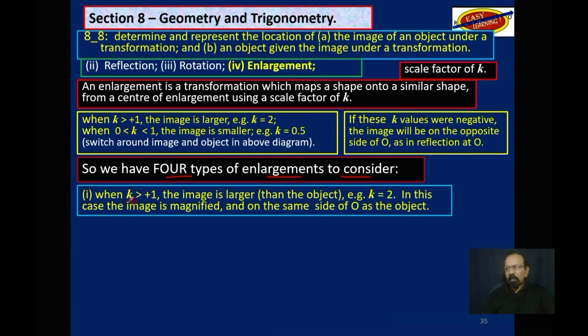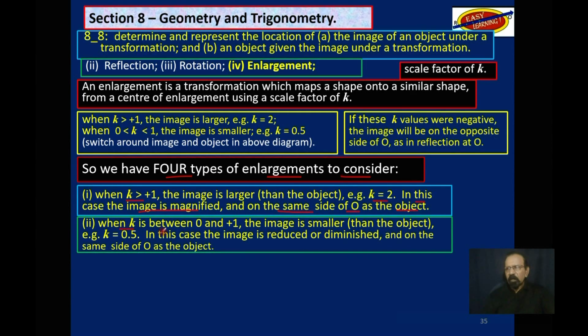The first one is when k is greater than +1. Example, k is 2. In this case, the image is magnified and it is on the same side of O as the object. That's the first situation. The second situation is when k is between 0 and positive 1. The image is smaller than the object. For example, if k is 0.5. In this case, the image is reduced or diminished, and it is on the same side of O as the